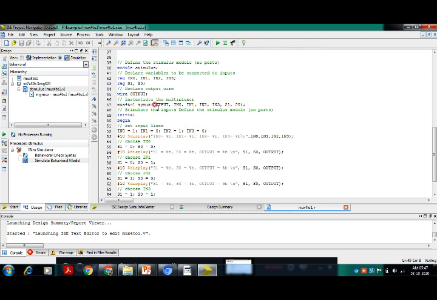These values which we have assigned, we are displaying. $display is a system task which is similar to the printf statement in C. So %b means you are displaying the value in binary. \n means new line, next line. The next printf statement will be printed on the next line. Within double quotes you need to write everything, put a comma, and then the actual signals whose values you want to display. Similarly, S1 0, S0 0.